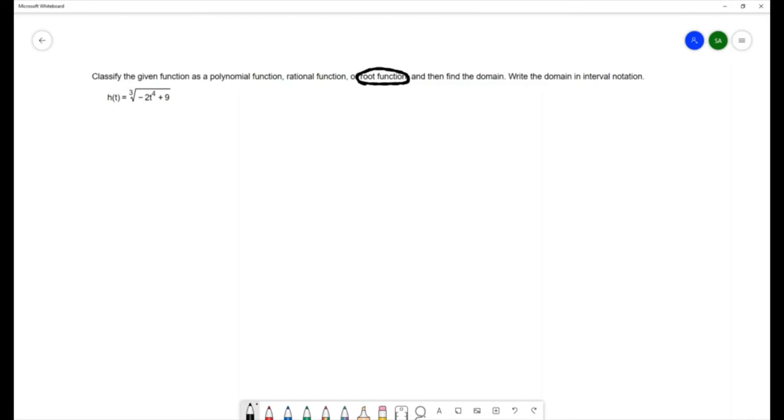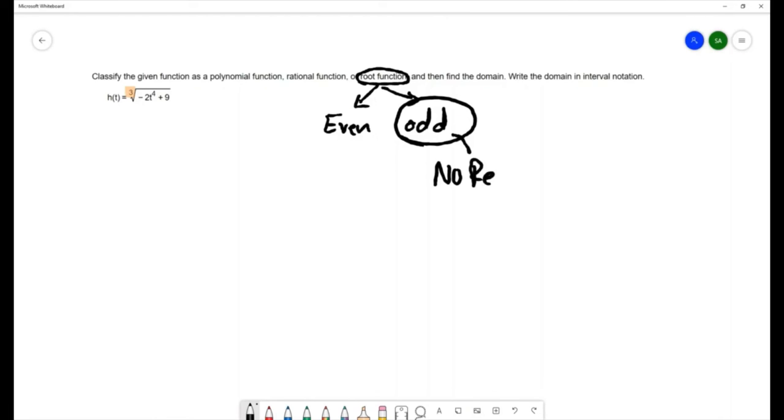Now with root functions, it breaks out into two more categories: even root and odd root. And what that's pertaining to is the index on the radical. So the index on this radical is a 3, so that makes this example an odd root. Now the thing that's interesting about odd roots is that there are no restrictions,